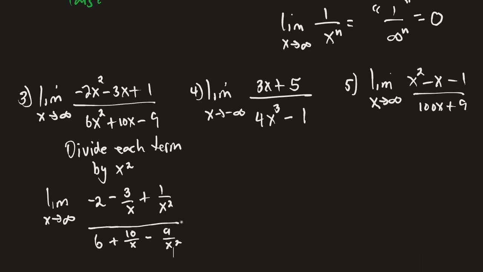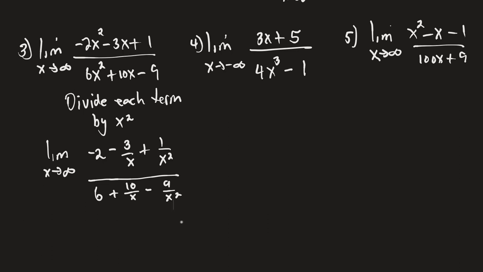Let me scroll down a little more. And now, when we use our limit properties, I'm going to write down the expression, and that's obtained by taking the limit of each of the terms. So when I take the limit as x goes to infinity of this constant, our limit property says the constant stays the same. And now, if I look at the 3 over x,